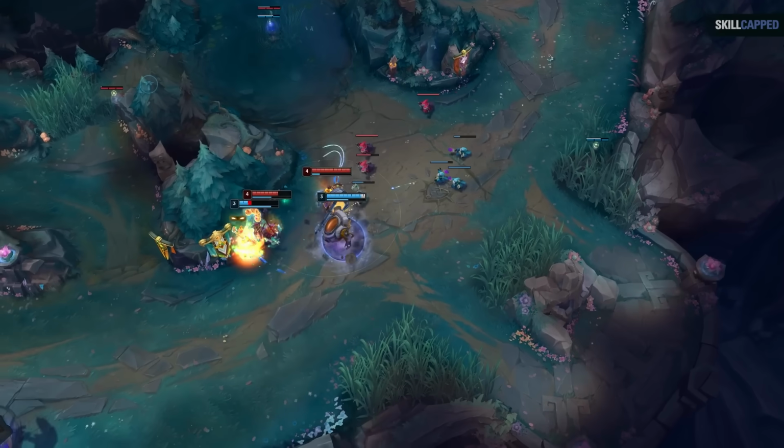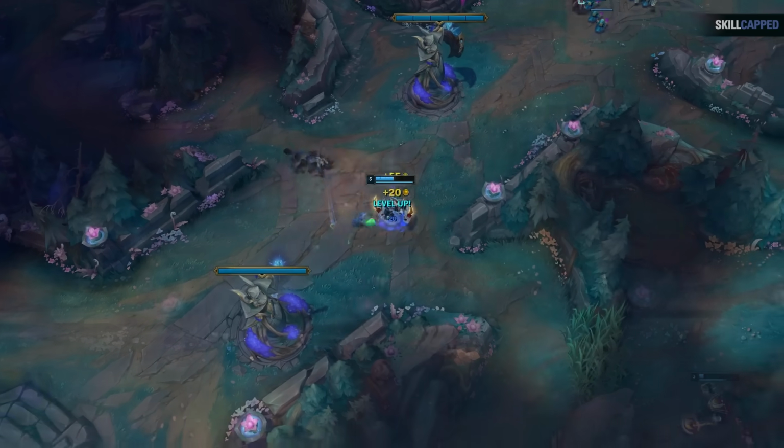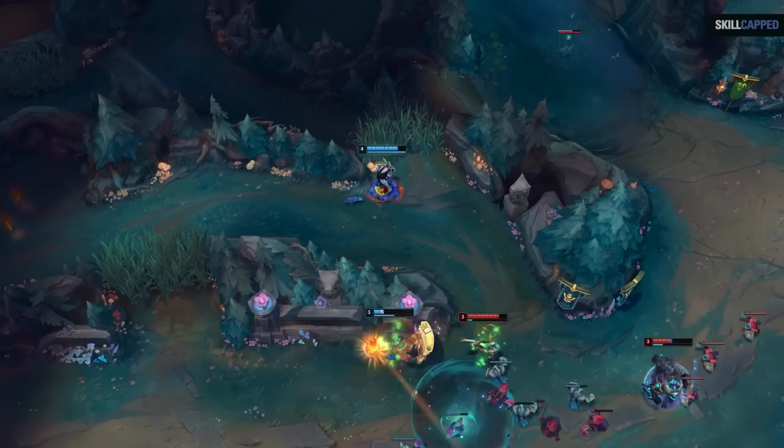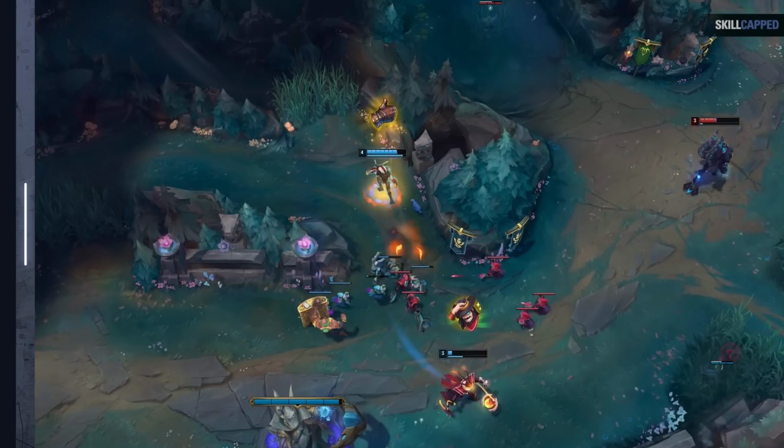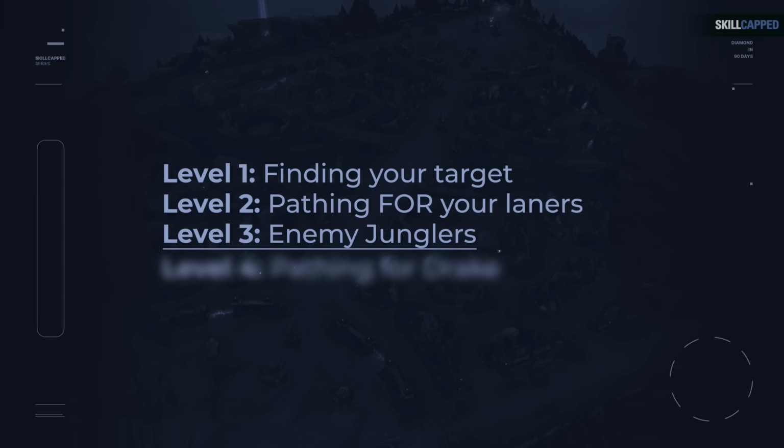Just imagine if Zot had pathed bot and was there for this play. So, stop overthinking it. It's honestly as simple as just pathing toward the lane that you think is going to have the highest chance of giving you kills. That is it. But level 3 is where things really start to get tricky, and that is playing around the